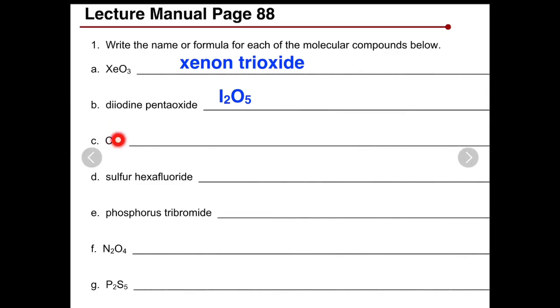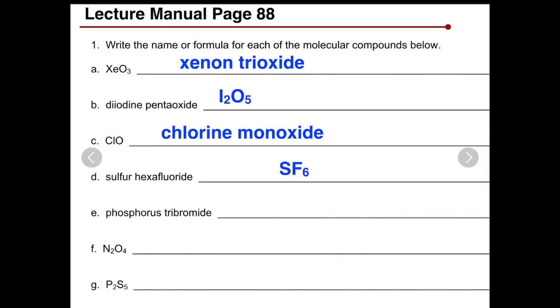Because you have chlorine and oxygen, it cannot be three, because right now we are learning binary molecular compound, which means it contains only two elements. Okay, so it has to be chlorine and oxygen, not carbon, not iodide. So this one would be chlorine monoxide. Okay, so D would be